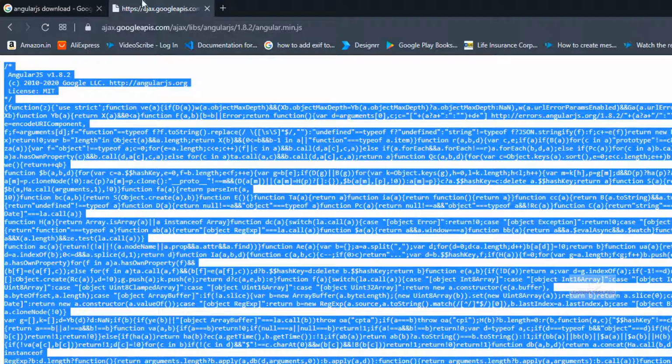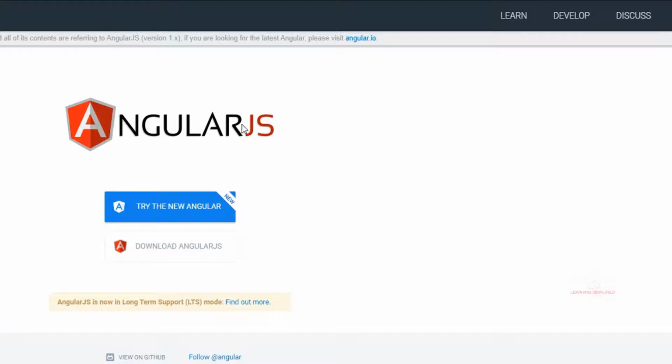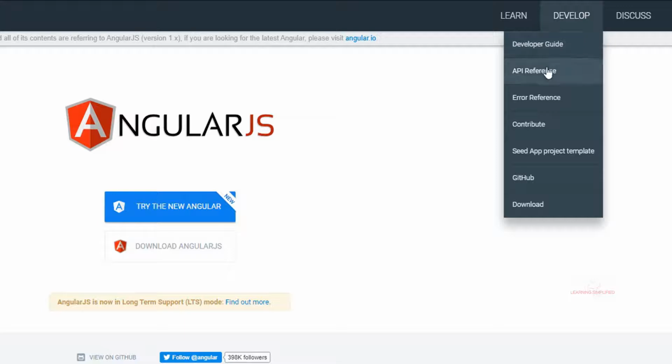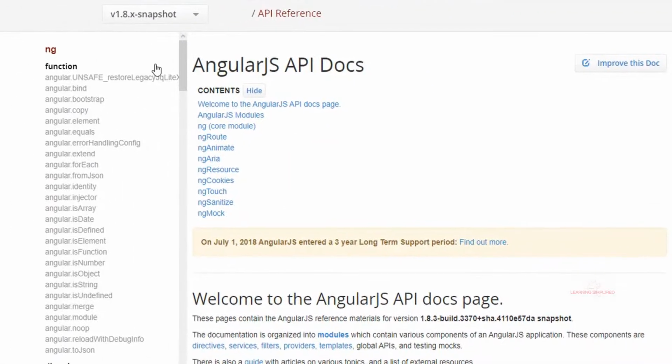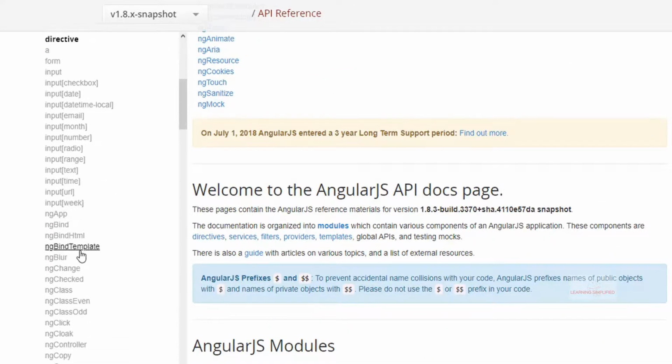If we head back to their official website, first of all, let's click back, and we can see that this is the AngularJS main page. Now here we can see this API reference. If we click over it, we can see all the directives that we are practically looking for.